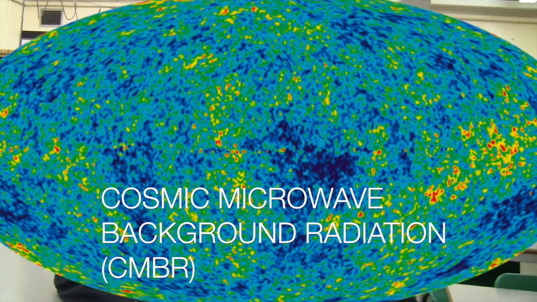Did you know that microwaves can be used to measure how old the universe is? Did you know the universe is 13.7 billion years old? That can be calculated using the CMB, which stands for Cosmic Microwave Background radiation, which was actually discovered by some astronomers in America. From the Big Bang, the universe was contracted into a very small amount of space, and the